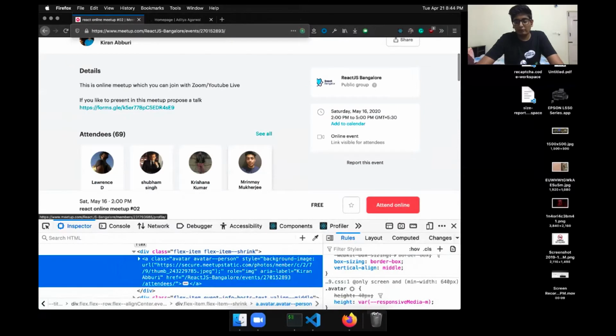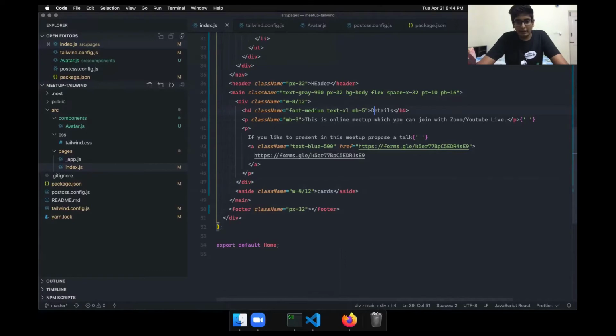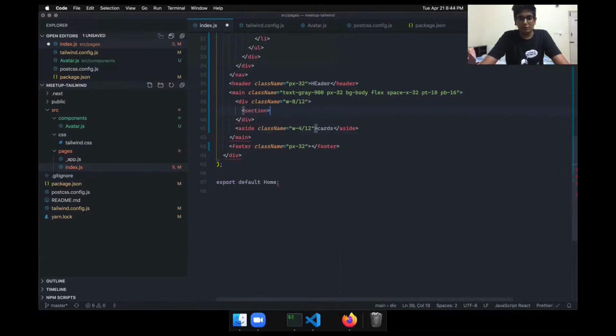So there's a good way to decide which HTML tag to use. If you have a self-contained block, then it should be an article. If there is some group which cannot stand alone itself, but it has a heading, then use the section. And if you are just grouping unrelated content, then you should use div, because there is no semantic involved there. So as you saw, there is a heading here, there's details and some paragraphs. So that can be a section. So we'll use a section.